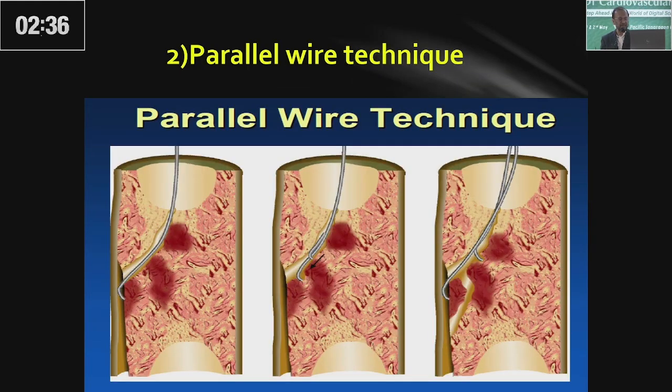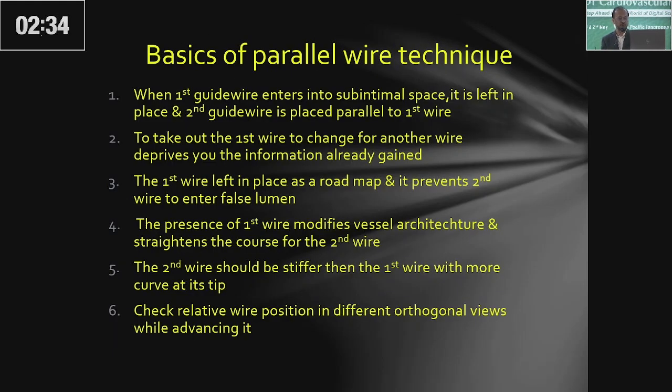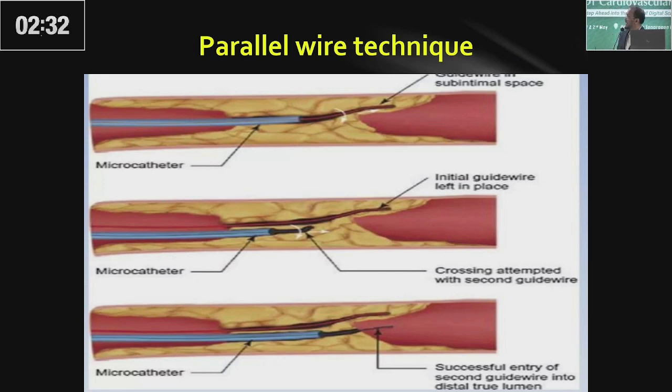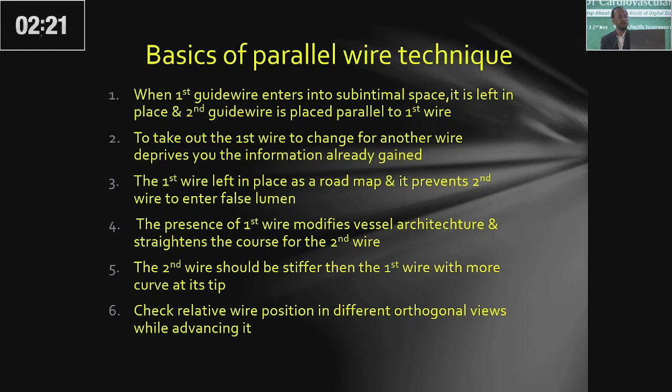In the parallel wire technique, if one wire goes to the false lumen, then we keep it there and take another wire which should be harder and a bit more bent. And then by the guidance of the first wire, we can take it to the distal true lumen and penetrate the distal hard cap. So in parallel technique basics, when the first wire goes to the subintimal space, keep it there and